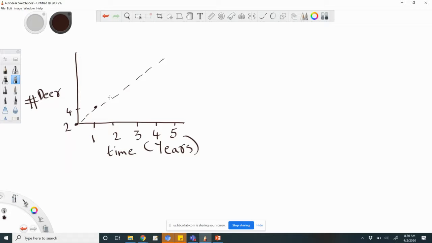Yeah, okay. Well, if it was following the straight line, it would be 2, 4, 6, 8, 10, and then 5 years later it would be 12, right? But that's not the case. So I'm just going to put 4 here. What's the case instead is that each deer can give one of each, right? So two deer can give 4, right? So it's actually 4 here.